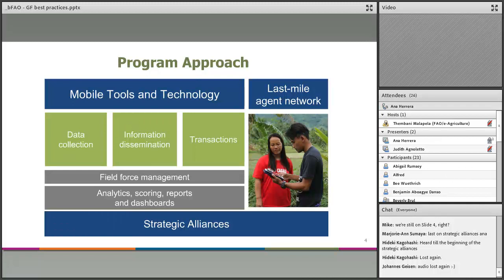To government extension workers and also private extension workers. And then the last element is strategic alliances, and this is something that we'll talk about a lot in the FarmerLink program later on. We believe that a consortium approach is actually a powerful one, especially in tackling some